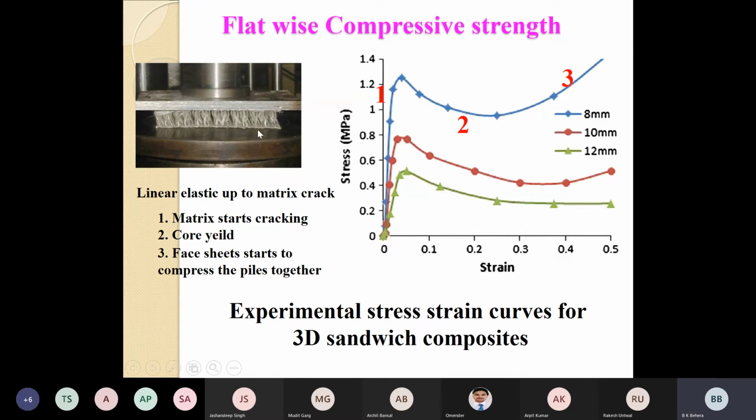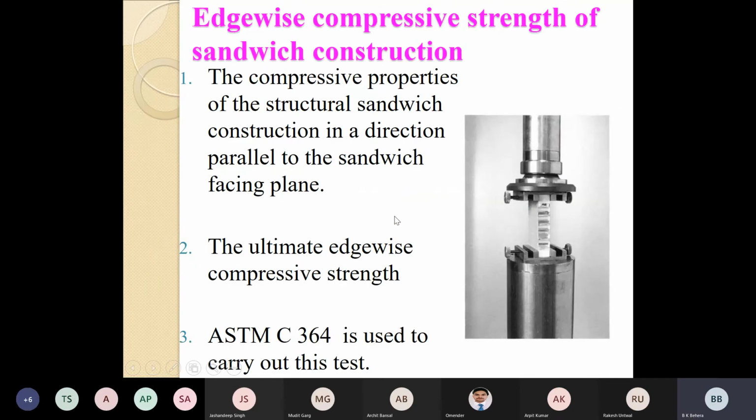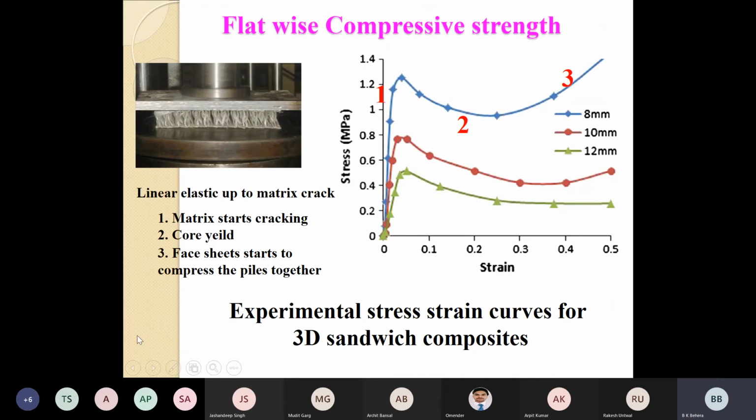You keep this flat-wise in a compressive shell. So look at its energy absorption capacity. The main test is energy absorption capacity. There are other tests also, but this is the main test, because these structures are well known only for their high energy absorption capacity. And as I said, it can be tested edge-wise, as you see here, or it can be tested flat-wise. What is the nature of the curve we get? The stress strain diagram of such structures.